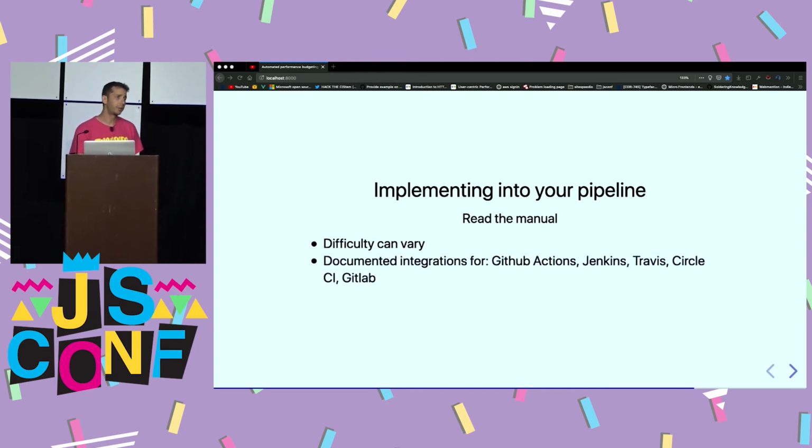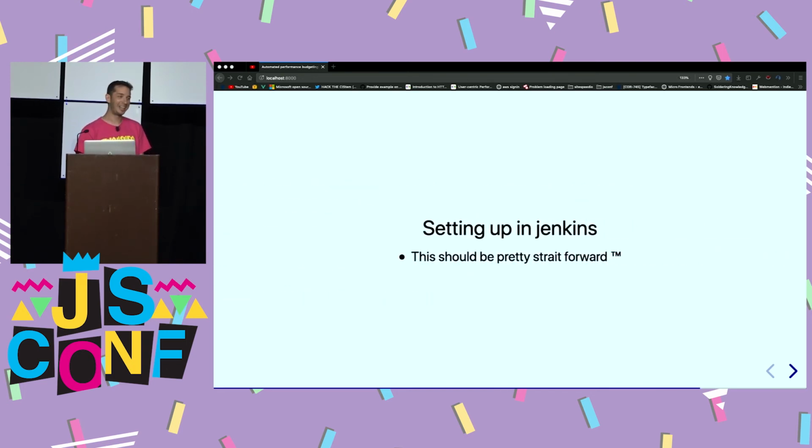I also integrated for work on a Jenkins instance. These are documented integrations for GitHub Actions, Jenkins, Travis, CircleCI, GitLab. The concepts are basically the same across platforms, but difficulty varies. For me, setting it up on Jenkins was difficult because at work we use